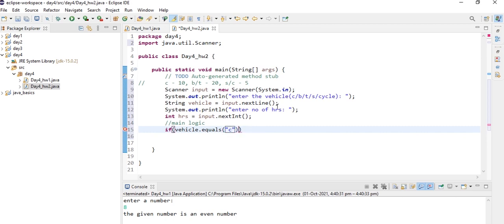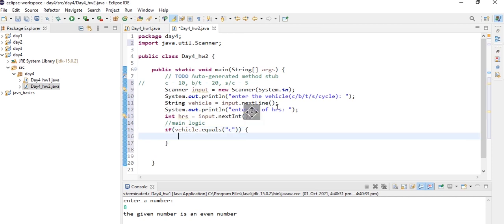If it is equal to car, we print on the screen: fare for the specific vehicle is the number of hours into fare. Hours into fare, and the fare for car is 10 rupees. So that's it.